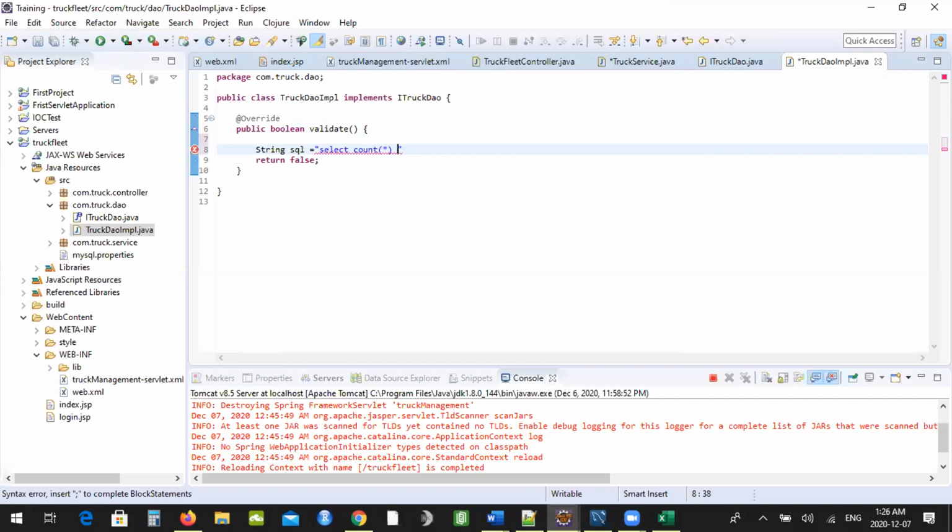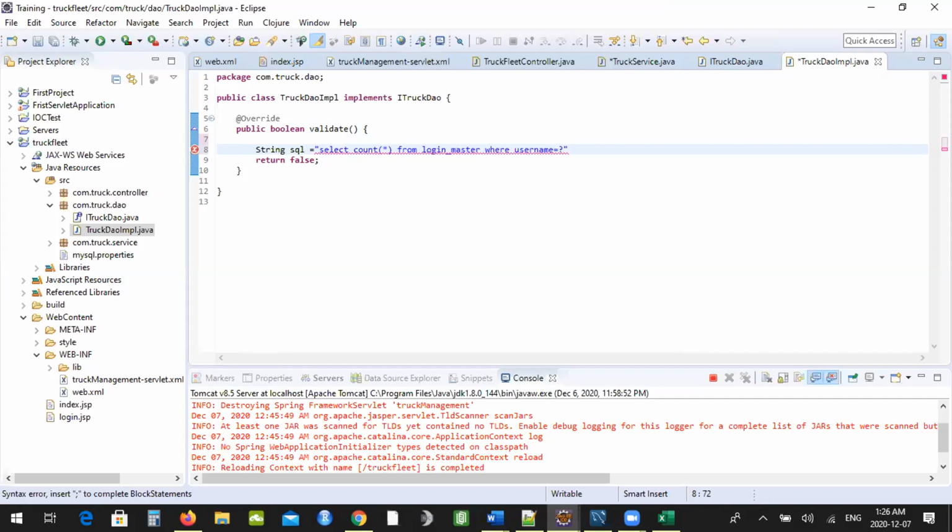Please, if you want to know what SQL injection is, have a look at Google. There is a good explanation of how they inject values to get access to your website if there is a user login. That's out of scope. Let's concentrate on our Spring Boot JDBC template right now. Select count of from. What is my table name? Mine is login master, where, if you know the field names, username equal to question mark,